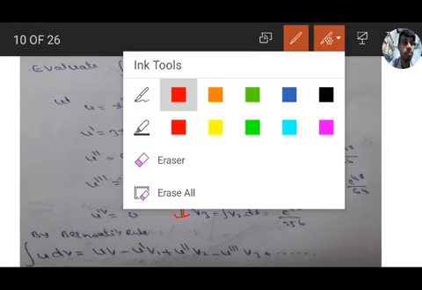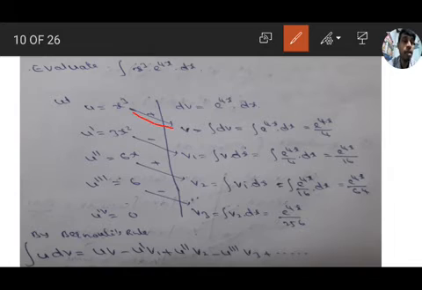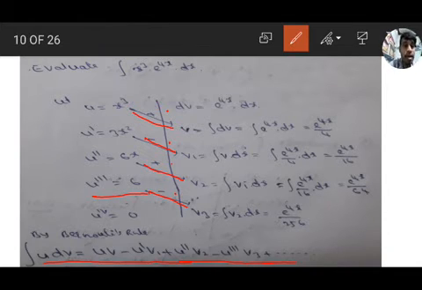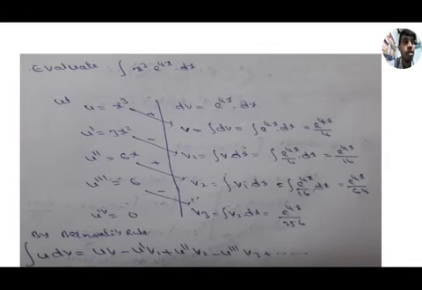So the formula: uv, u dash v1, u double dash v2, u triple dash v3, and the fourth derivative is 0, with signs plus, minus, plus, minus. So the integration of u dv equals uv minus u dash v1 plus u double dash v2 minus u triple dash v3 and so on. But we have derivatives up to u triple dash only, so the remaining terms are not necessary. Up to u triple dash is enough.